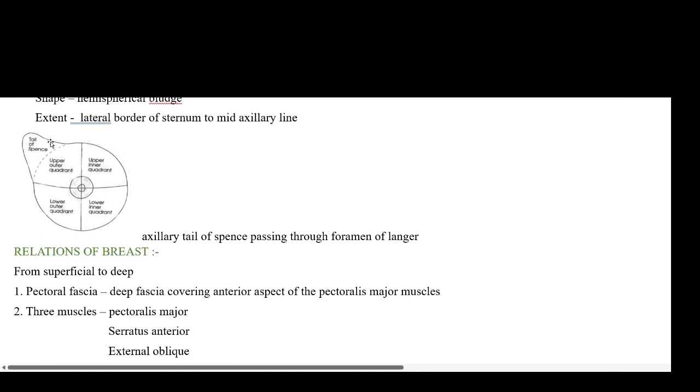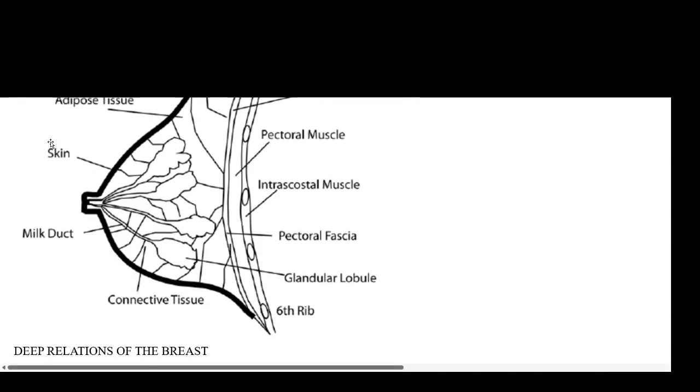Okay, then comes the relation of the breast from superficial to deep. First of all, we see the pectoral fascia. We have already studied what the pectoral fascia is. It is the deep fascia covering the anterior aspect of the pectoralis major muscle, and then three muscles are also involved, which are pectoralis major, serratus anterior, and external oblique, which is basically an abdominal muscle. Okay,